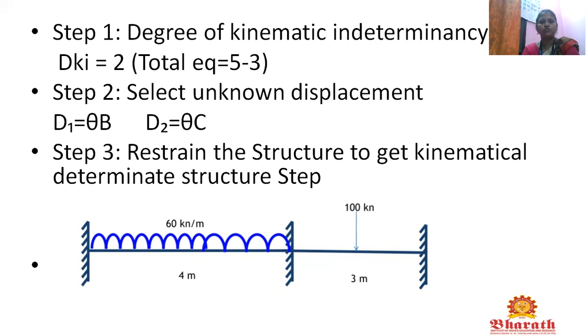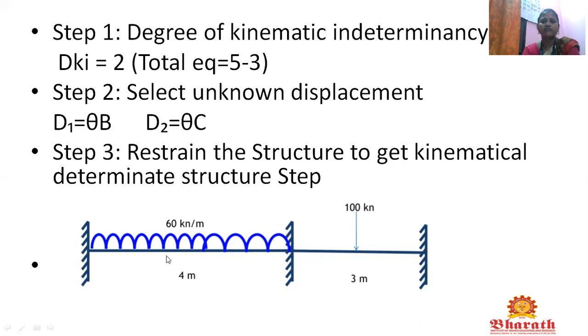So in step number 2, whatever support is given in a problem, we have to remove the support and restrain the structure. In B and C, remove the given supports in the question and restrain the structure. That is the procedure in this problem. For theta B and theta C, we have to restrain the support as a fixed support. So we are going to assume B and C as fixed supports.